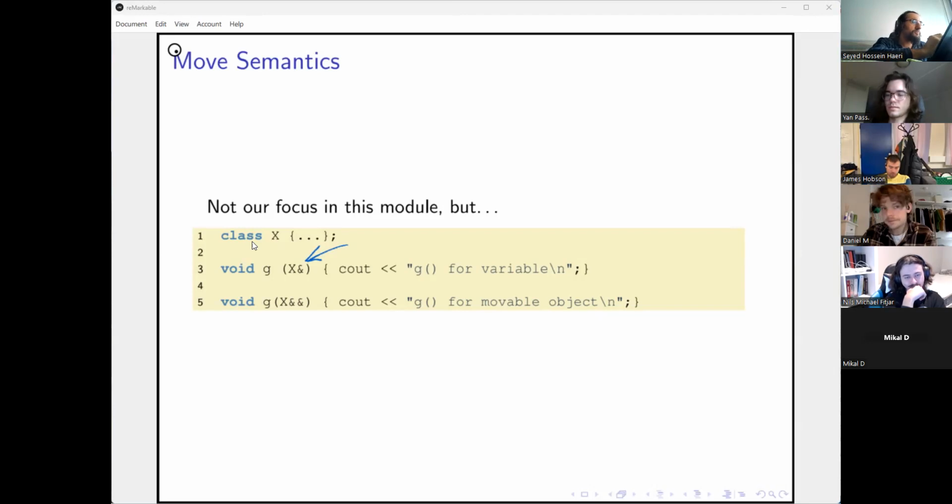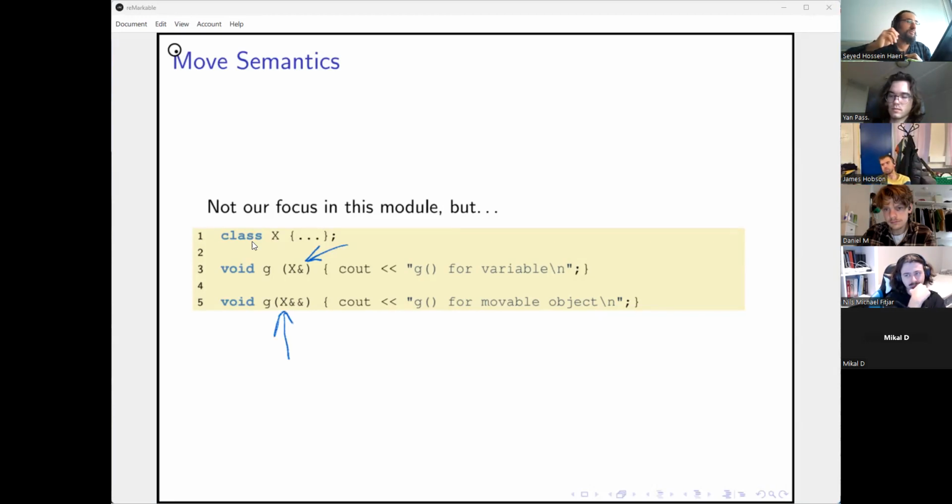Now, this overload of G is saying that if you pass an instance of X to me, I will not make a copy of it. I will not take a reference to it, but I will assume that you allow me to steal the guts of that instance.